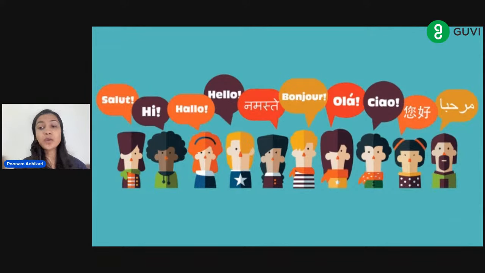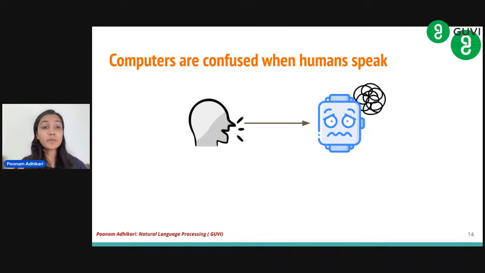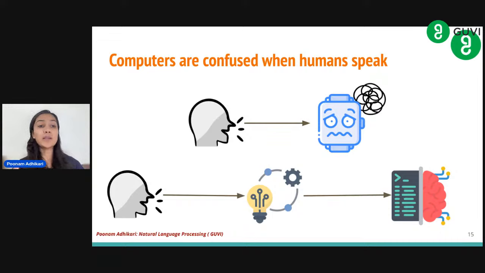Whenever we have any text in English, my computer cannot directly understand English, right? It's very confused. Now, when it is confused, what is our requirement? Let's suppose I'm Indian and I want to communicate with a Japanese person. To make sure the communication is going on perfectly fine, what is required? I need a translator who can understand the language that I'm speaking, maybe Hindi. He can translate my language to Japanese so that the Japanese person can understand. Whatever the Japanese person is trying to say, that translator is going to understand, translate that Japanese to Hindi and speak it in front of me so that I can understand the feedback from the Japanese person,